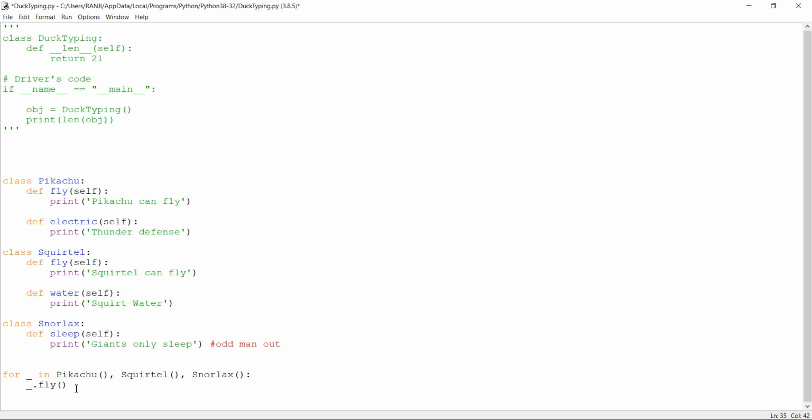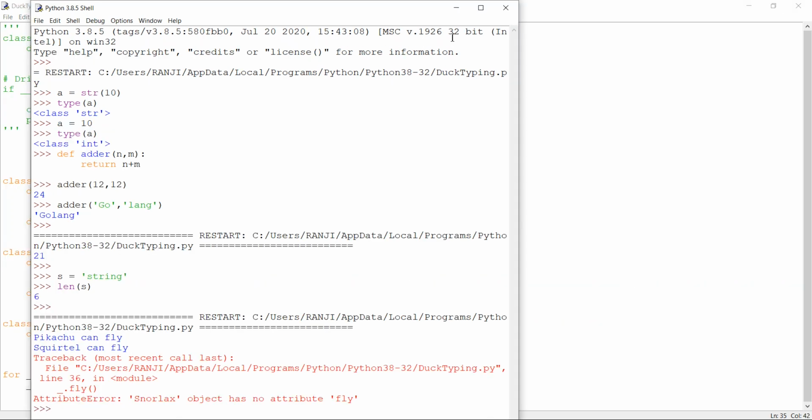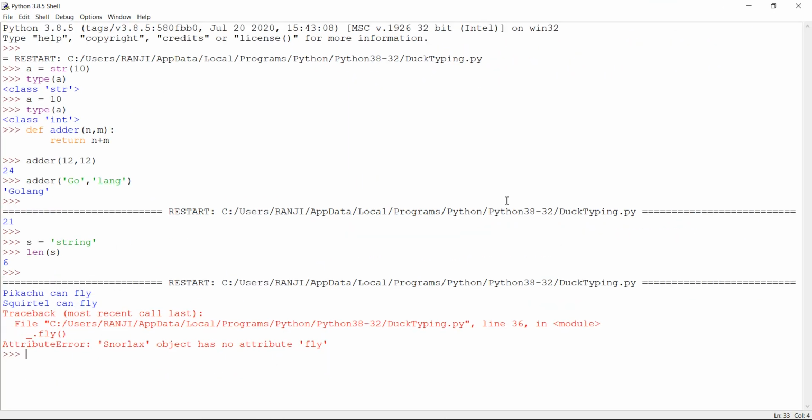Upon the execution of this program, whichever class has the fly method, that fly method will get executed, and whatever print statement is there will be printed onto the console. If you are okay with this, I'll just run this.